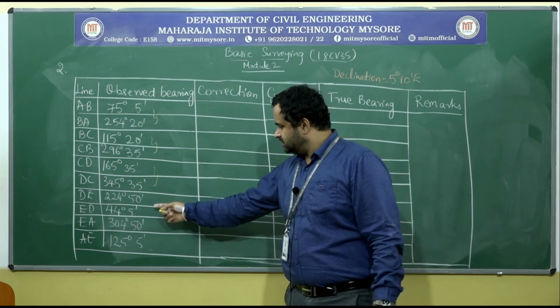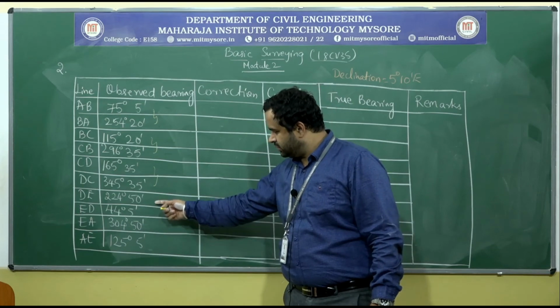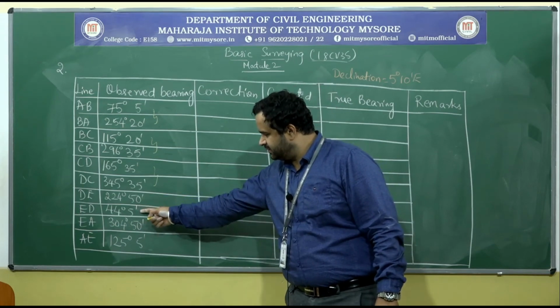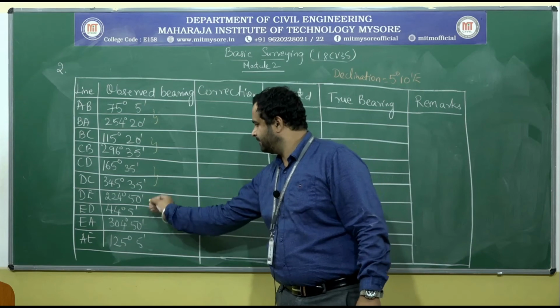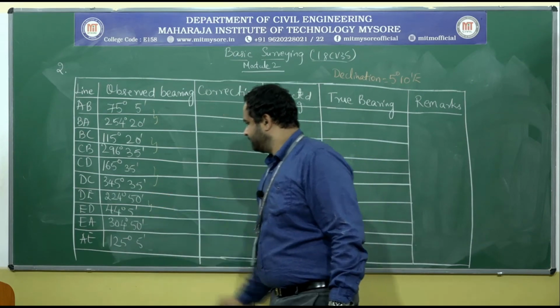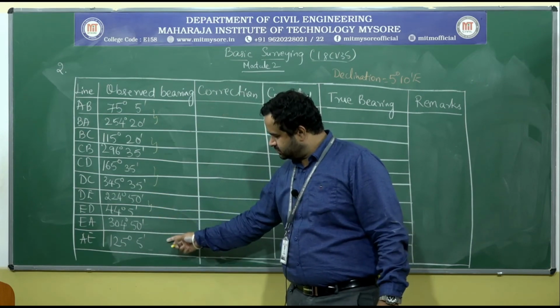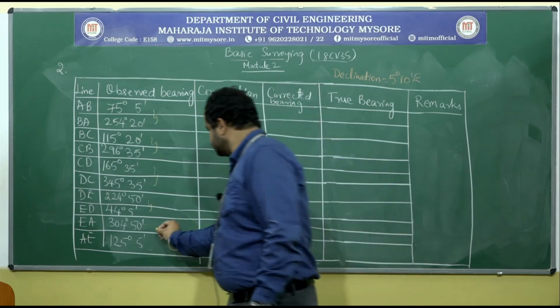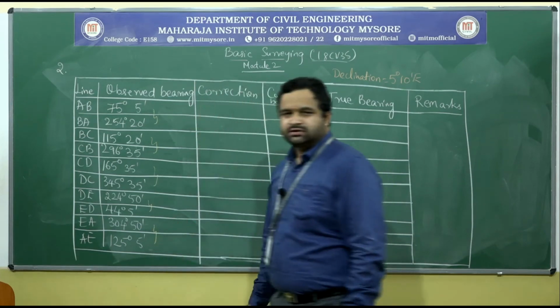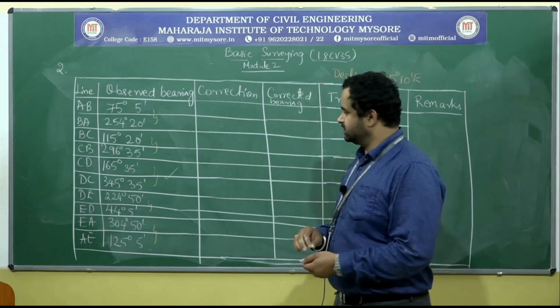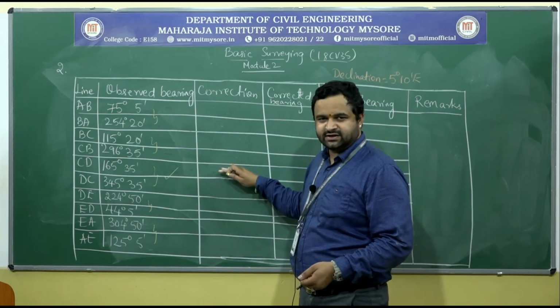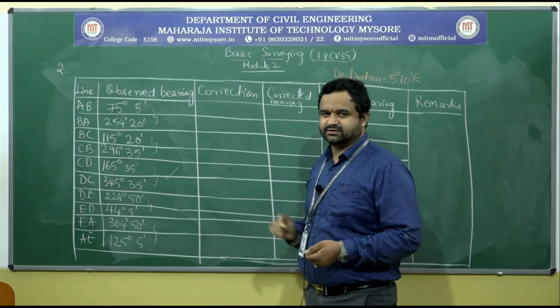Okay. Next, take difference between these two bearings, 224 degree 50 minutes and 44 degree 5 minutes. No, it is not equal to 180. Next, if you take difference between these two, again it is not equal to 180. So, which is the station which is free from local attraction? So, keeping this bearing as reference here, you have to correct the other bearings.